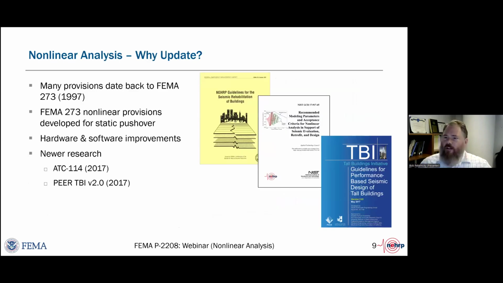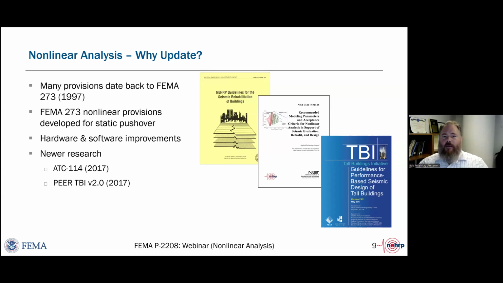So the first question that jumps out is, why update the nonlinear analysis procedures in ASCE 41-17? They're being used and they seem to be being used successfully. The issue at hand is that many of the provisions in ASCE 41 date back to the nonlinear provisions in FEMA 273, the initial FEMA-funded guideline document that eventually evolved into ASCE 41 as it is today.